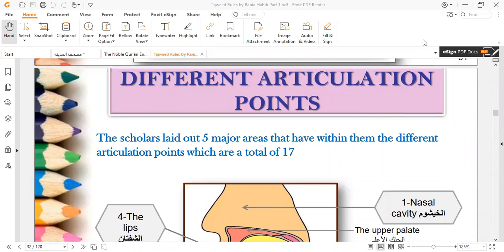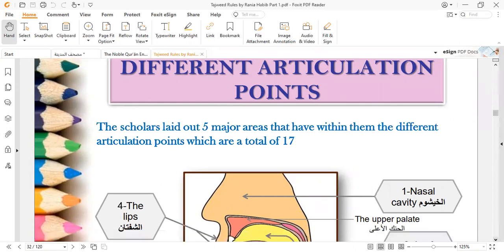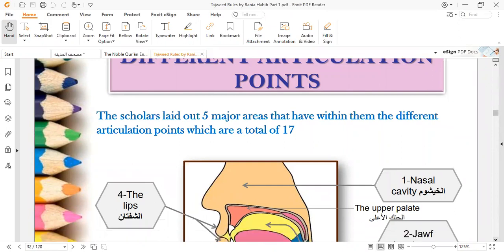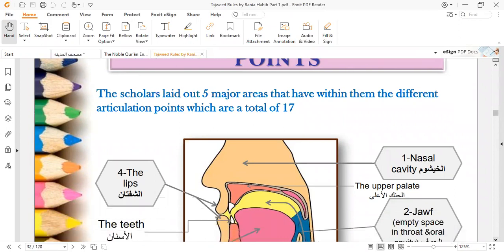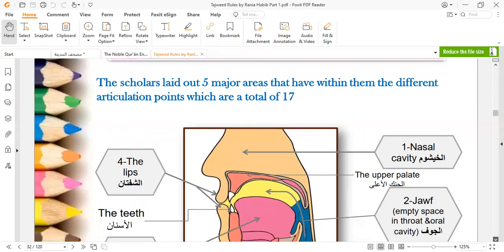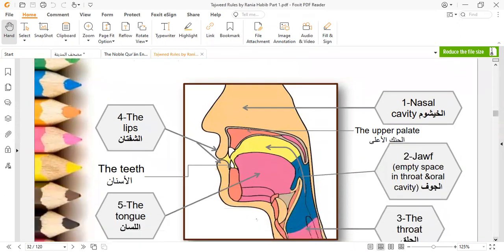Today, inshallah, we will start the articulation points of Arabic letters. First, the scholars laid out 5 major areas that have within them the different articulation points, which are a total of 17. So we have 17 articulation points divided into 5 major areas. These 5 areas are